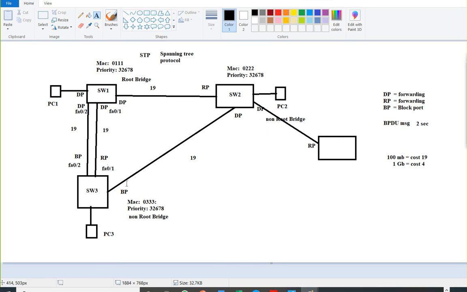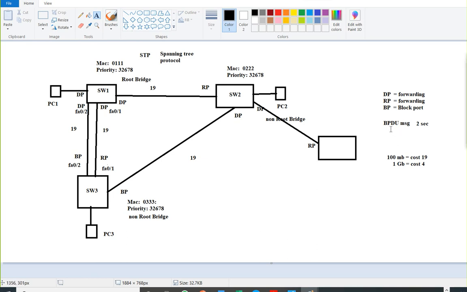What it does is, every 2 seconds all the switches send the BPDU message to each other and ensure that the link is okay and there's no loop in the link. Also, if any election process happens or any link is down, for example if this link is down, then it will do the election process again. At that time the BPDU message discovers the link is down or that an election needs to happen, all these things. So BPDU is important,